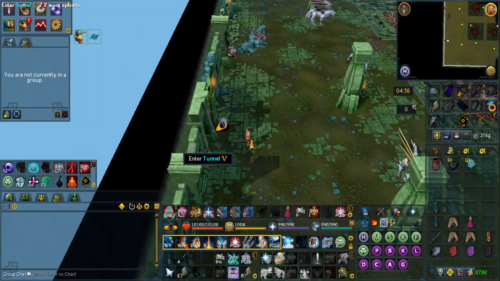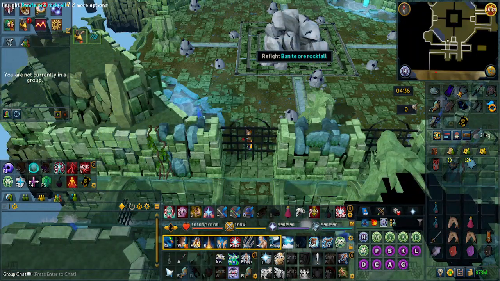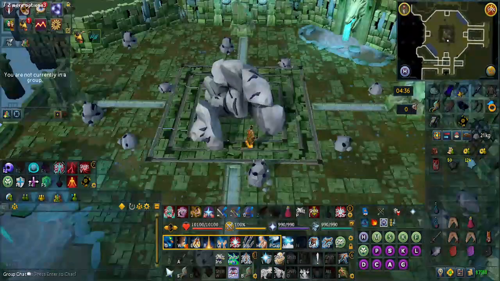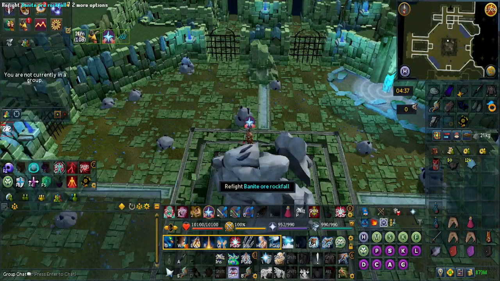Welcome back, and time to finally kill the boss. So enter the tunnel. Once the area loads, you will need to click on this huge Bainite ore and you'll want to refight. But what I like to do is always have the camera facing south and use the Animate Dead spell before. You can Soul Split, activate Penance Aura for unlimited prayer, or Vampirism Aura, and of course drink your overloads if you do want. Click on the Bainite,